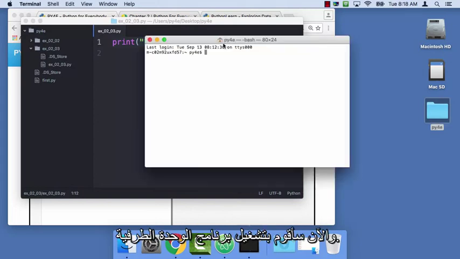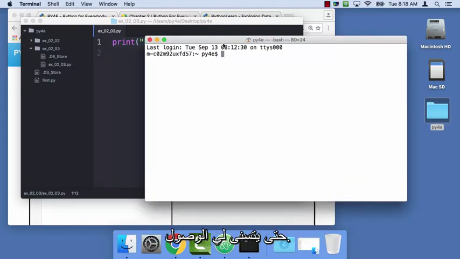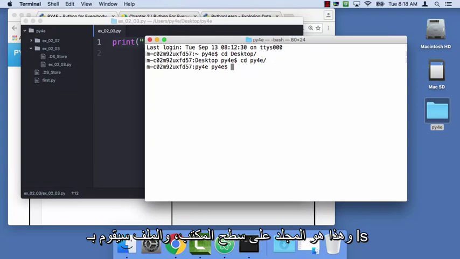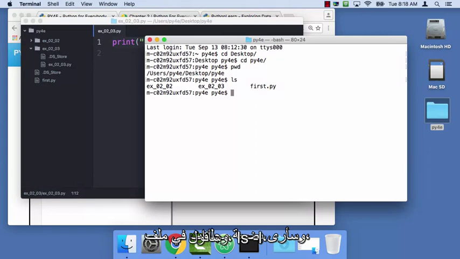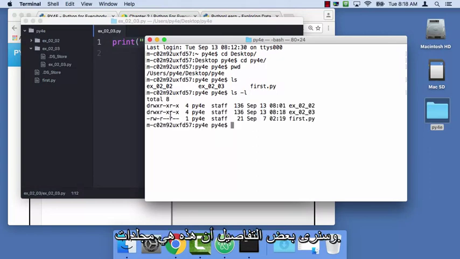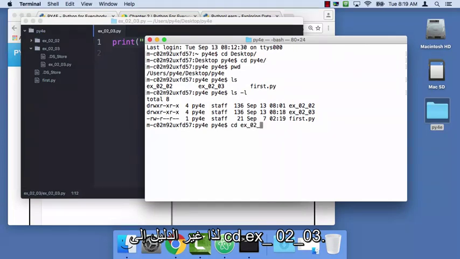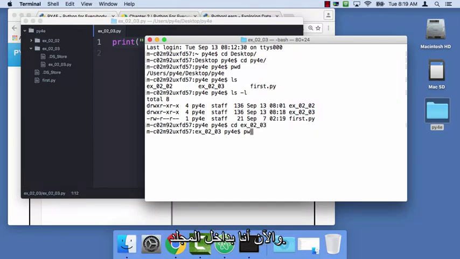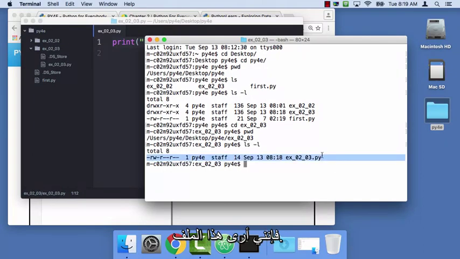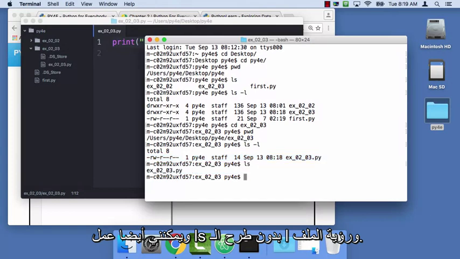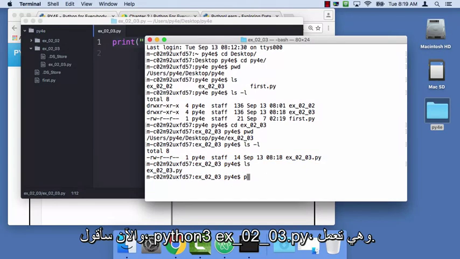And now I'm going to run the terminal program so that I can get there. So cd desktop, cd Python for Everybody. That's the folder on my desktop. And if I do an ls, I see a couple folders and a file. I can say ls -l and see a little more detail, that these two are folders and this one's a file. So change directory, cd EX0203, and so now I'm in that folder. And if I do an ls -l, I see that file. I can also do an ls without the -l and see the file. And now I say python3